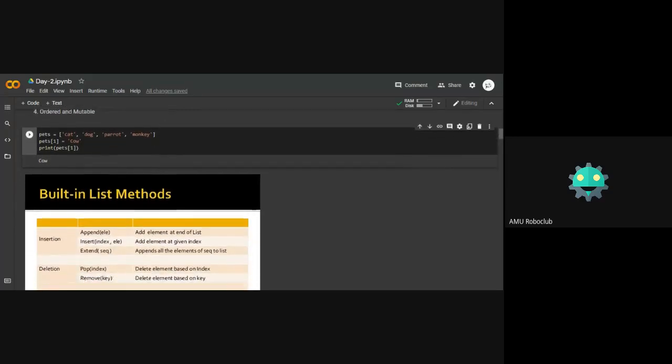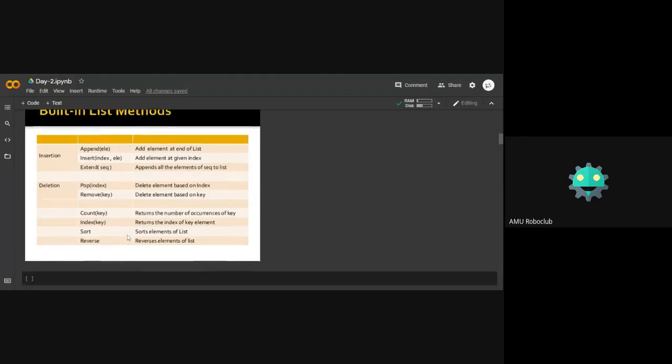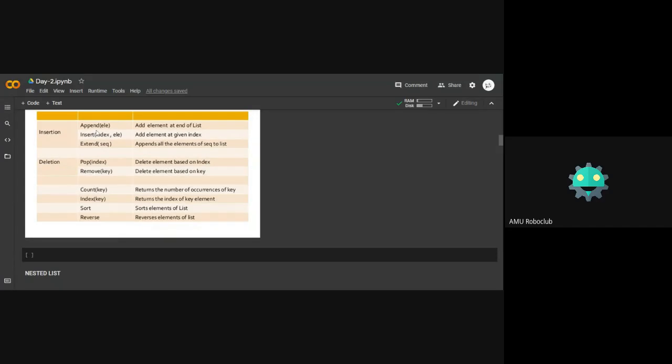Okay. So these are some built-in functions of a list. Append, insert, extend. We'll discuss them more. Append is used to add an element to the list. And every time we use append, the list item is added at the end only. We cannot specify to what index we need to assign. Whereas in insert, we can use the index and tell it that we want this particular list item to be assigned at this index. Like